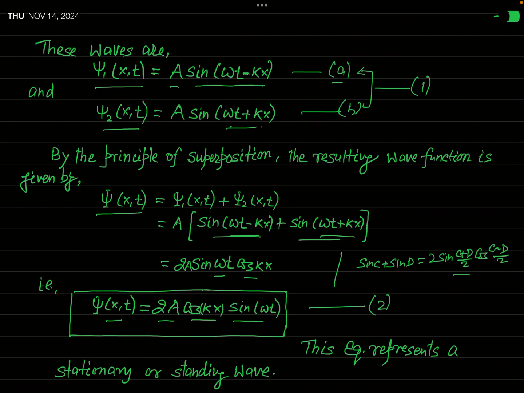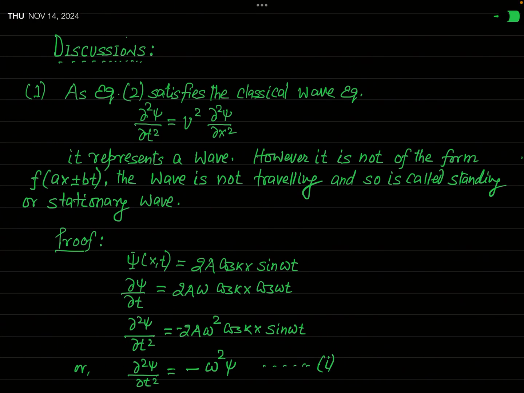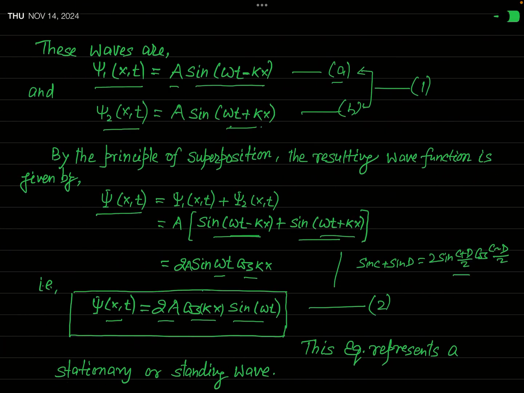Actually, this result obtained in equation 2 is simply the equation of a standing wave. But how can you say that this equation is the equation of a wave? In fact, now we will learn some important facts regarding this standing wave, one by one. In different points, we will learn about the different facts related to this standing wave. So the first point of discussion: I am trying to explain how you can say that this equation obtained here